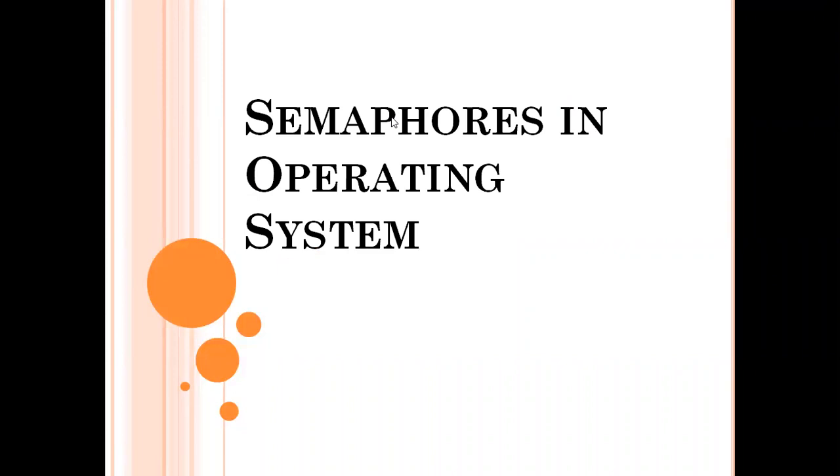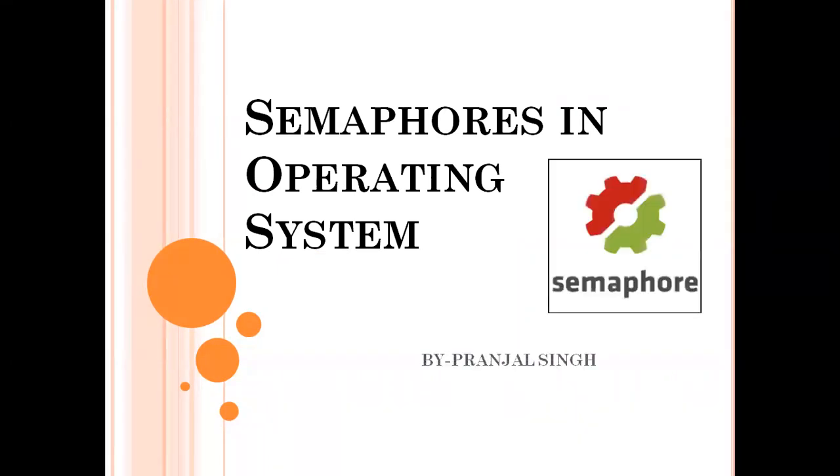Hello everyone. So today's topic is semaphores in operating systems, an important topic. We'll be looking at what is a semaphore, why to use it in the first place, and the various types of semaphores. There are mainly two, counting and binary. We'll be looking at the advantages and disadvantages, important terminologies like wait and signal. We'll also be looking at some questions so that we are able to get a better grip on what we are learning. So let's start.